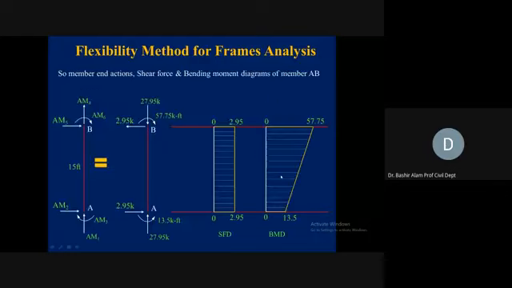After this we come and write this on the members. These are on the members, this 27.95 has come. We already have this value from the equilibrium equation. See, 2.95 has come, 13